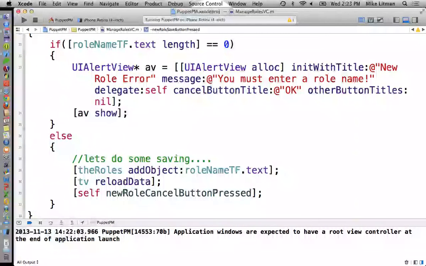Okay, but right now we're doing like ghetto saving. So what does that mean? We're taking this mutable array called the roles, and we're just adding a string to it. That string is our representation of our role, where a role is a name and a description, correct? So what we want to do to make this more object-oriented,